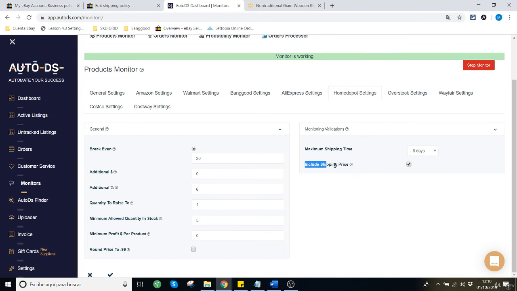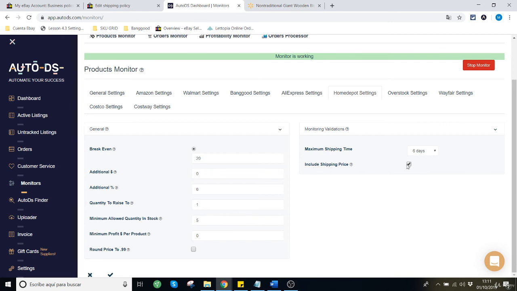Okay, and make sure you check off this option too, because sometimes, especially for those items on Home Depot that are over $45, shipping will be free. But for those items where the price is below $45, you will be paying shipping charges, shipping costs.